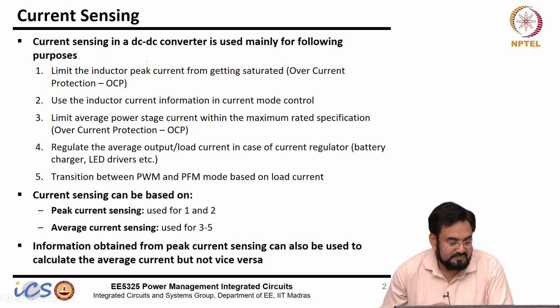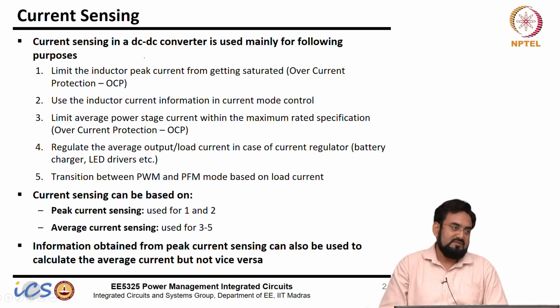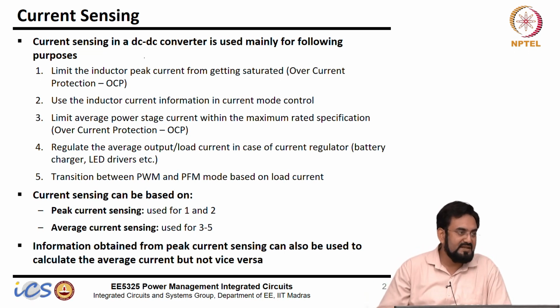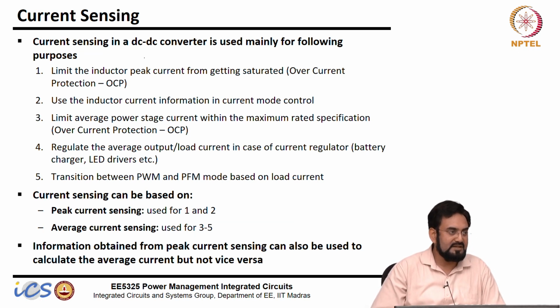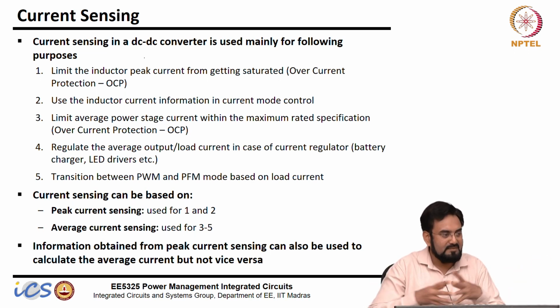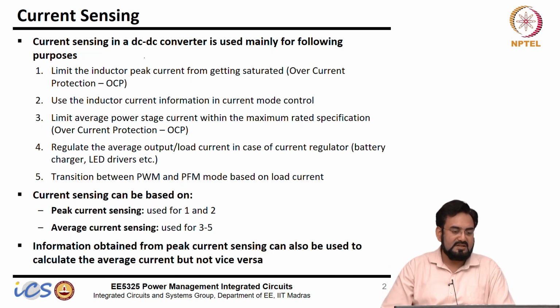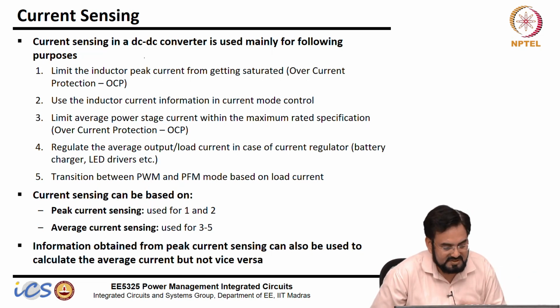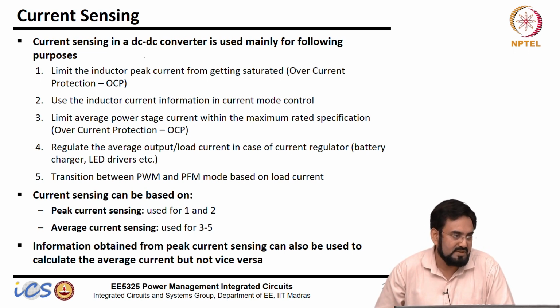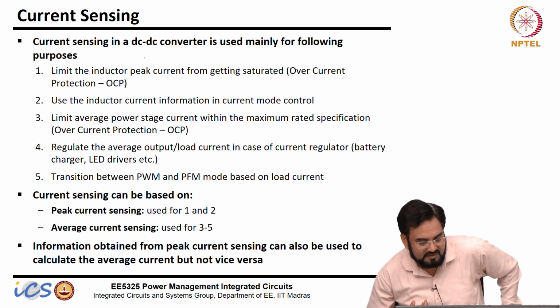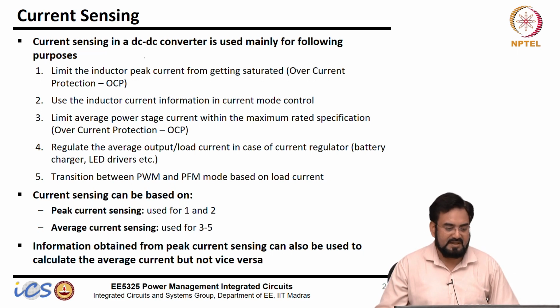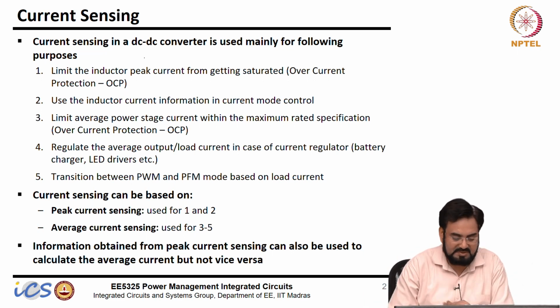So we already know from linear regulators why we need current sensing. The main reason is we want to protect our device from short circuit or when the load becomes very high. We want to protect MOSFETs, our routings, metal, everything, because they have a certain current rating, and the MOSFETs you have designed cannot cater more than the current you have designed for. So they will heat up and it may melt, or your devices may break, anything might happen.